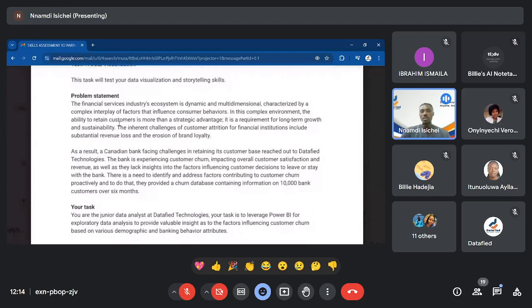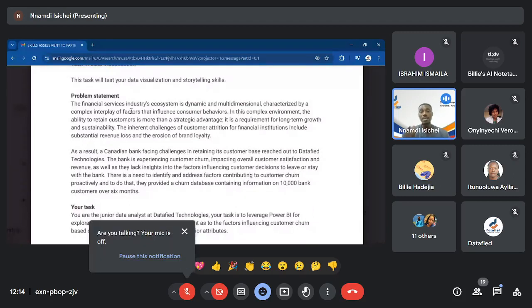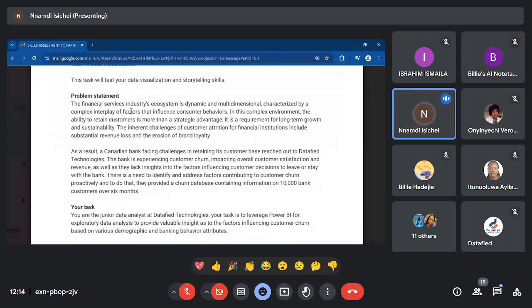Okay, so here's the problem statement. Like I said, if we missed out anything here because I'll be a little bit fast, do not worry, we're going to send this out in an email to you, so you have this document shortly.